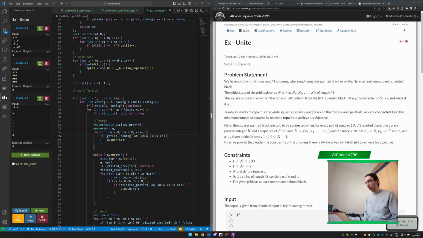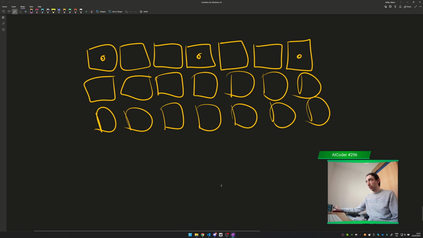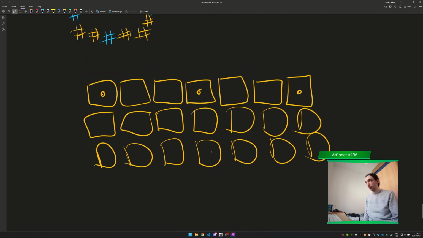How to see if that's valid? So you're here somewhere, and you say this is config 3. This is component 2 or whatever. Then